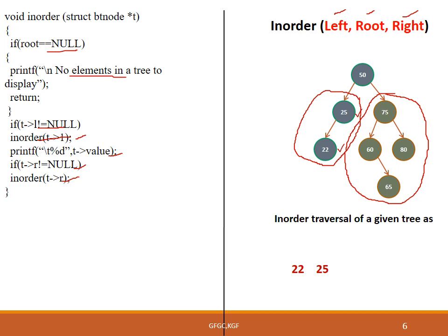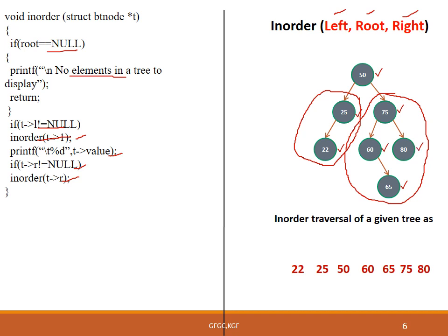We'll move on to the root. According to the in-order tree traversal, the root is 50. 50 is visited and traversed. Next is the right subtree. In the right subtree, we have to traverse in order. So left, root, and right. To the left of 60, we don't have anything. So the root is 60, so 60 is traversed. And to the root 60, you have 65 as the right child node. So 65 is traversed. Then we move on to 75, which is the root of the right subtree, and to the right of the root 75 we have 80, and that is how all the nodes in a binary search tree are visited.